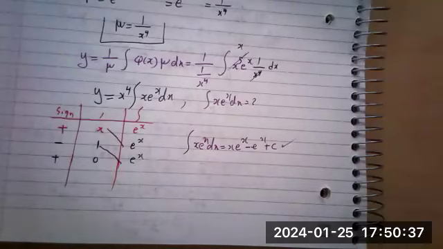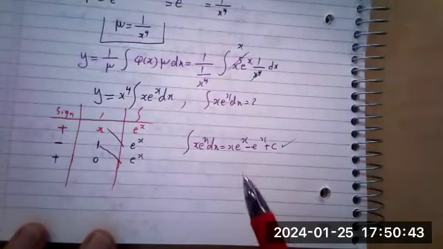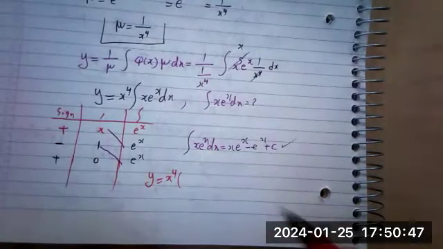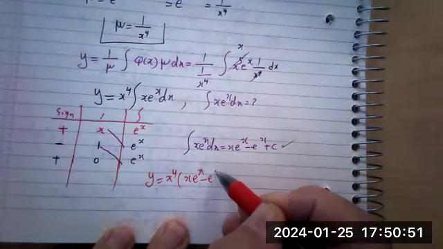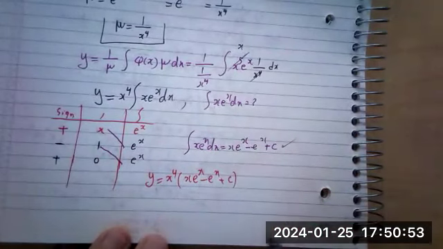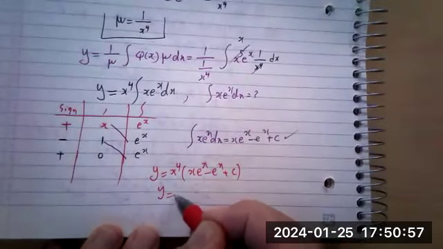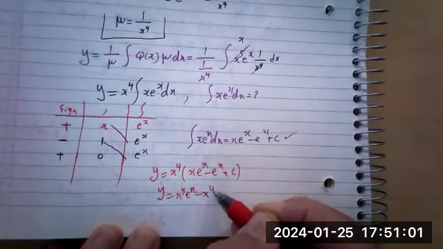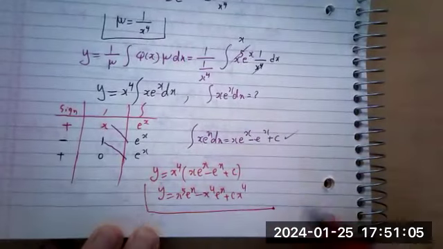I'm not done, but let me just finish it. You substitute to get it. You have to go back. Don't forget the x to the 4th here. So y would be x to the 4 times the integral, x e to the x minus e to the x plus c. Then you can distribute it to get the final answer, which is x to the 5th e to the x minus x to the 4th e to the x plus c x to the 4th. So that gives you the final